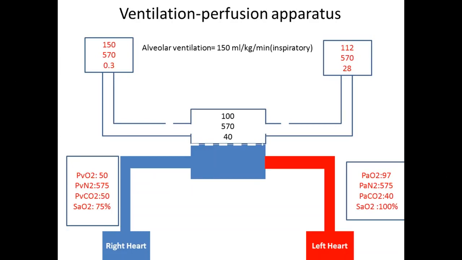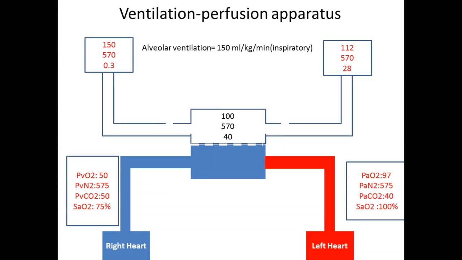So when we are talking about ventilation perfusion matching, we are talking about alveolar ventilation, not the minute ventilation. That's very important to consider. So alveolar ventilation is about 150 ml per kg per minute, and ventilation occurs during inspiration, because at the end of expiration,